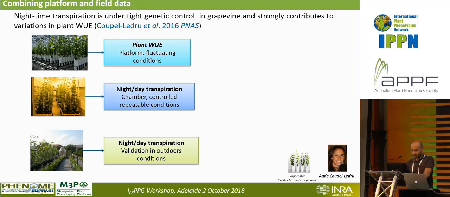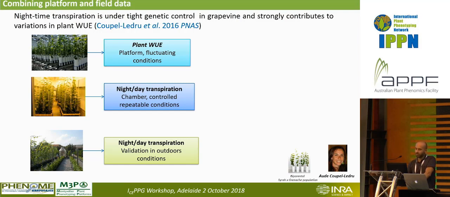I shift to another crop now, to grapevine. This is nice work of Oddy, who was working with night transpiration, and she found that night transpiration is under tight genetic control in grapevine and strongly contributes to variation in water use efficiency. In this work, she combined the measurements done in PhenoArch at the whole plant level. She measured water use efficiency under fluctuating conditions,